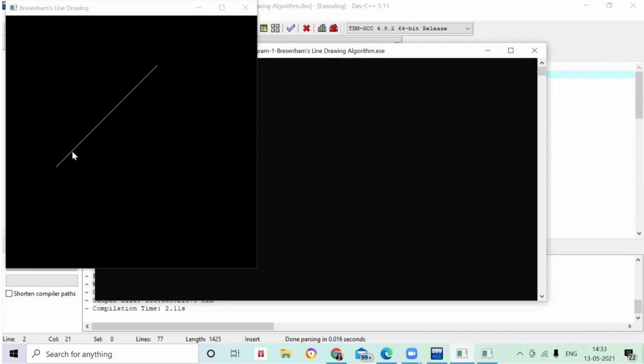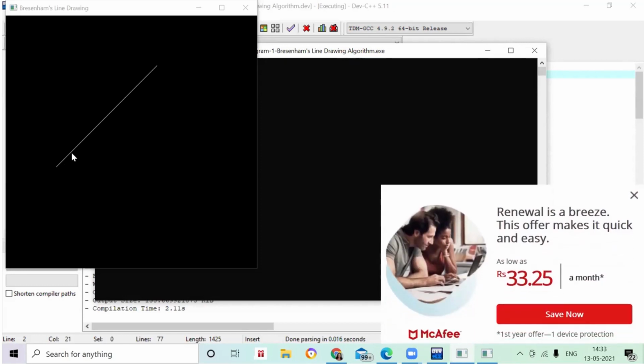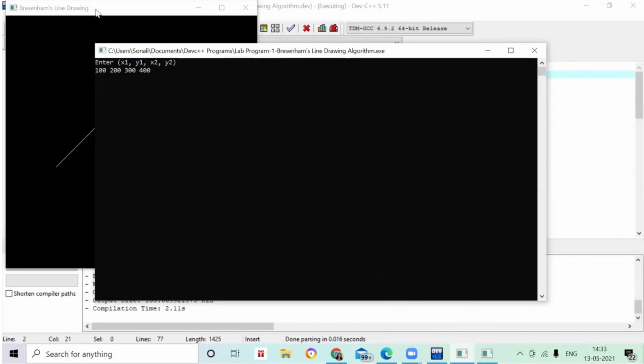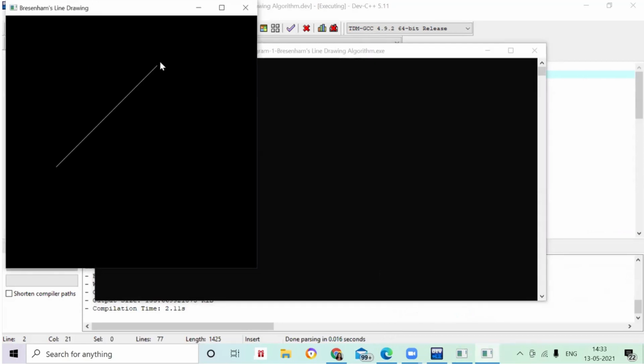You were given the endpoints and you tried to find the next pixel values, right? Here also we are doing the same thing. The next pixel values have been created and then all joined together. So this is your Bresenham's line drawing algorithm.